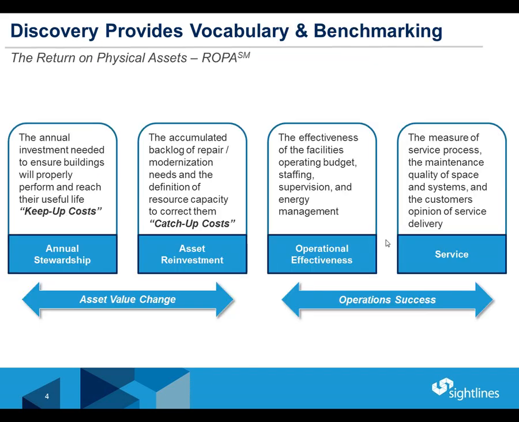Just a reminder about the vocabulary. We're not changing the ROPA vocabulary. We still have our return on physical assets vocabulary in 4 areas: annual stewardship, or the cost of keeping up; asset reinvestment, the accumulated backlog of repair and modernization needs, and the resource capacity to address it, which is the cost of catching up. And our prediction models that we're going to be talking about today in ROPA Plus deal